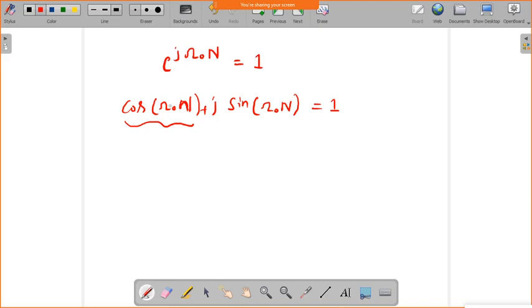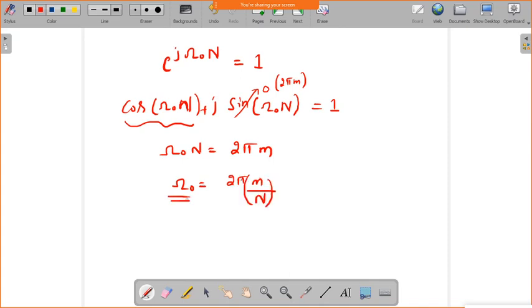Okay, if it is integer multiples of 2 pi, then it will become 0. So now what is your omega naught? Omega naught equal to 2 pi m by n. So now this is the required result, which is this angular frequency, if it is